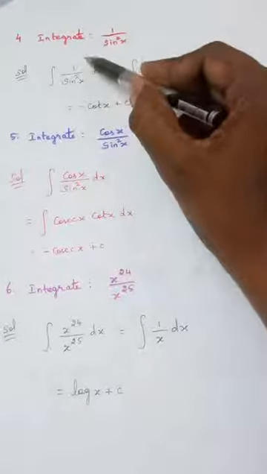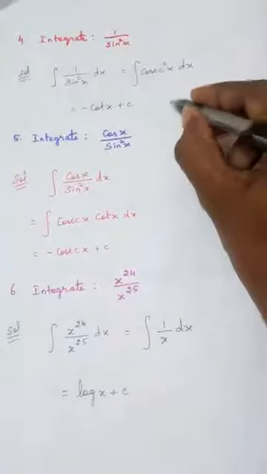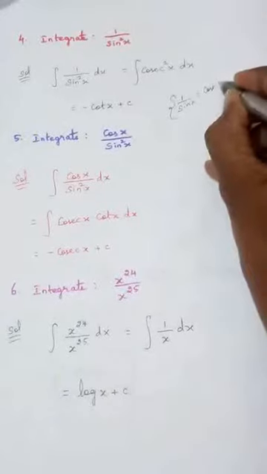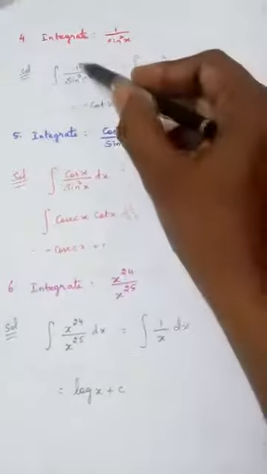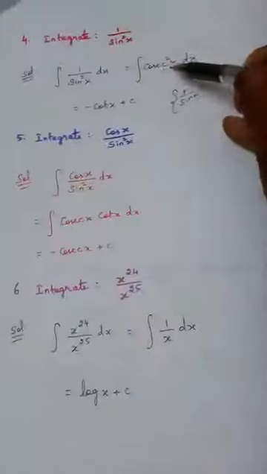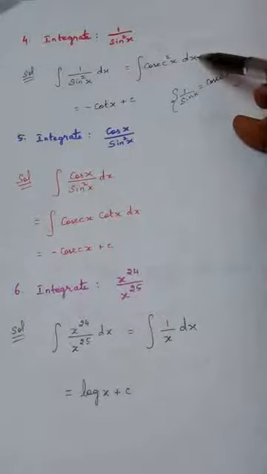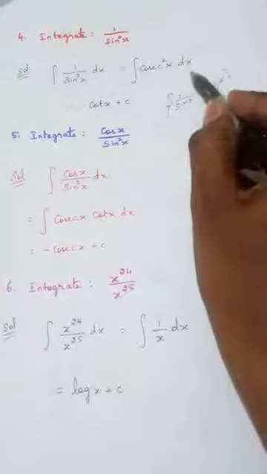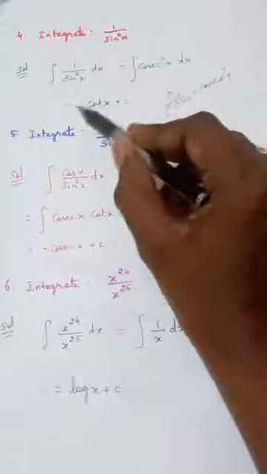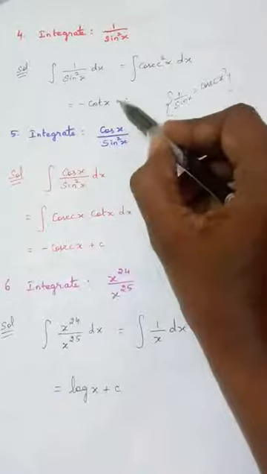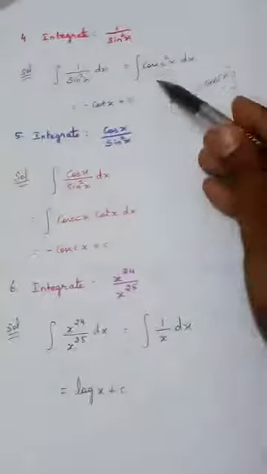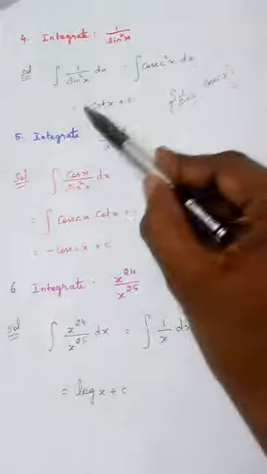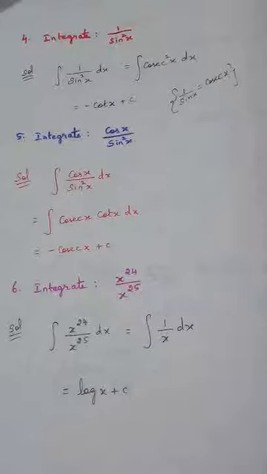Now what I am going to do, I am going to take this sine square x to the numerator. We know very well 1 by sine x. What is the formula for 1 by sine x? Cosecant x, right? This is the trigonometric formula. So 1 by sine square x is written as cosecant square x dx. And there is a direct formula for cosecant square x dx in the basic formulas. So using that, we are writing this as minus cot x plus c. To understand this, we should know basic formulas. Integral cosecant square x dx, answer is minus cot x plus c.